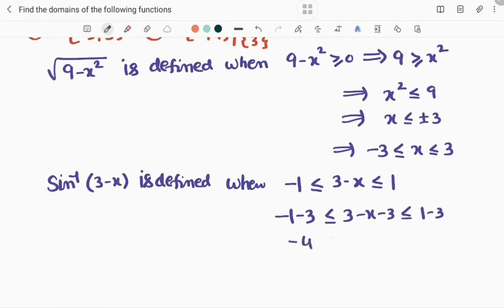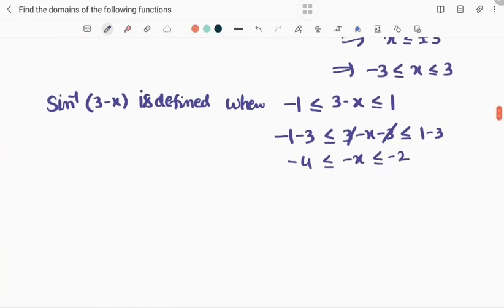So -4 ≤ -x ≤ -2, since the 3s get cancelled. If you remove the negative sign, the inequality will change: 4 ≥ x ≥ 2. That can also be written as 2 ≤ x ≤ 4. And one more important thing: sin inverse of